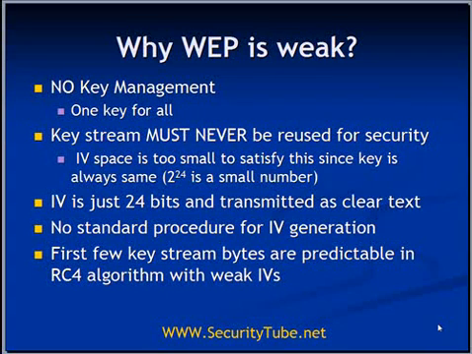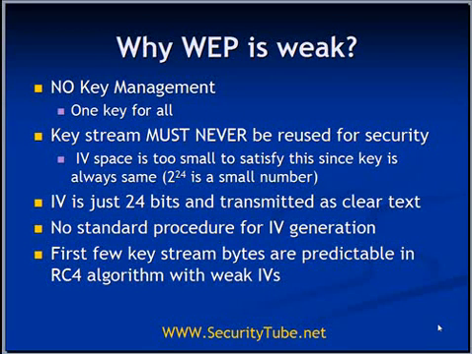The next problem with WEP is that the IV is just 24-bit and transmitted as clear text. The IV, or initialization vector, is a part of the IEEE 802.11 packet. It is inserted at the end of the MAC header as a clear text message. The IV is never encrypted, and the key stream is generated with the help of IV plus key. Now 24 bits of the key or the seed are known to everyone, which is very scary and very dangerous